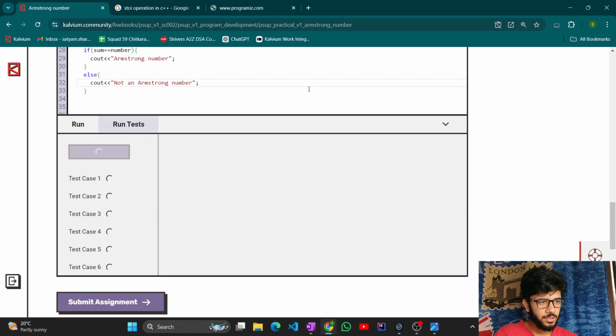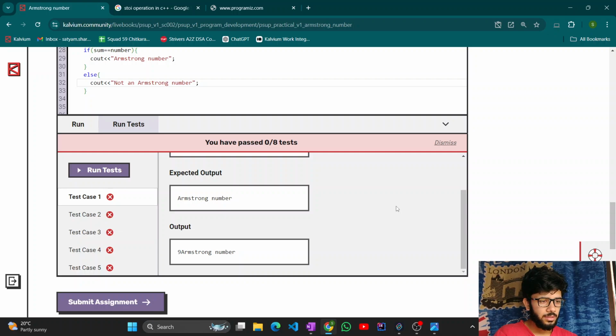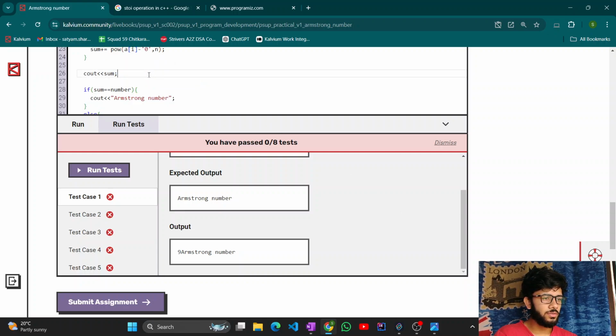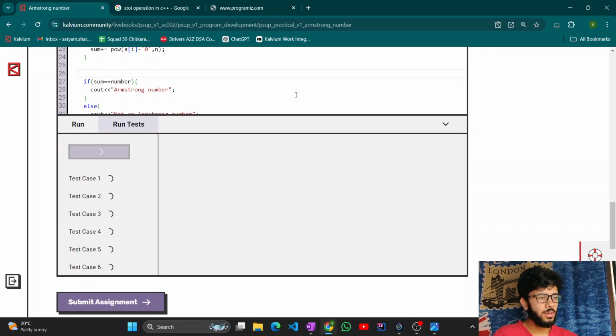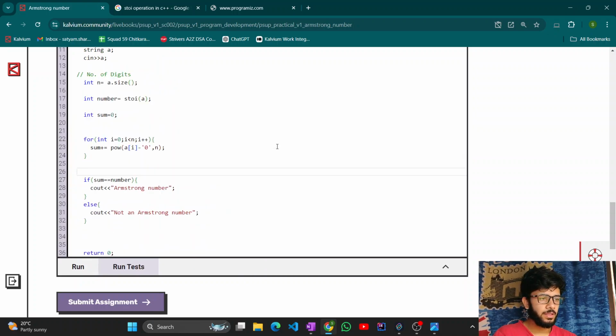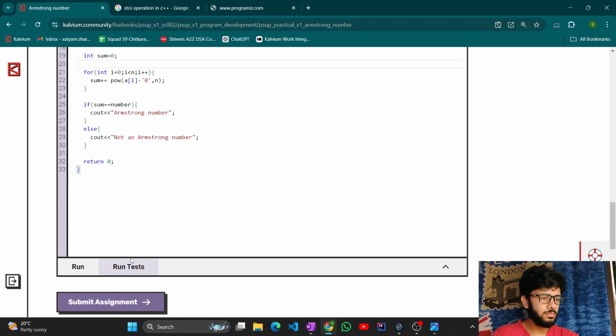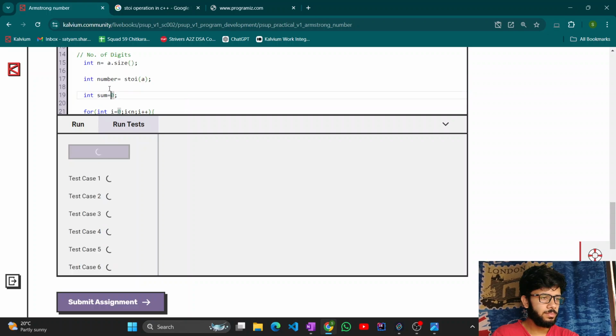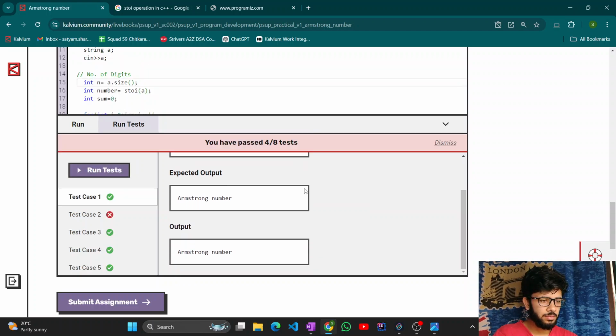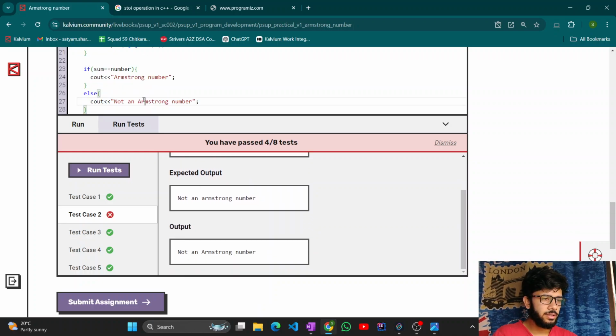Let's see if it is passing all the test cases or not. Okay, so we have done a cout of sum, so it is creating issues here and there, but I think we are almost done with the problem. Let me just make it a bit better looking. Yeah, so it is passing some test cases. Why is it not passing? Not an Armstrong. Okay, we need a small a in this